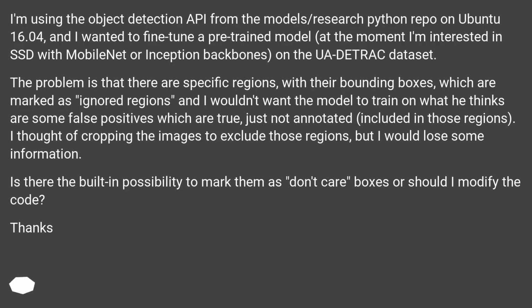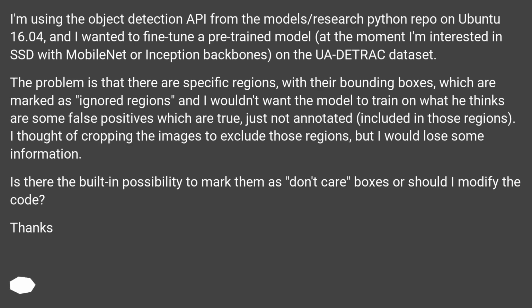I'm using the Object Detection API from the models/research Python repo on Ubuntu 16.04, and I wanted to fine-tune a pre-trained model. At the moment I'm interested in SSD with MobileNet or Inception backbones, on the UA-DTrack dataset. The problem is that there are specific regions, with their bounding boxes, which are marked as ignored regions, and I wouldn't want the model to train on what it thinks are false positives which are true, just not annotated,